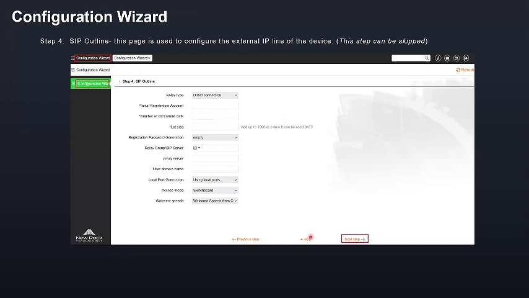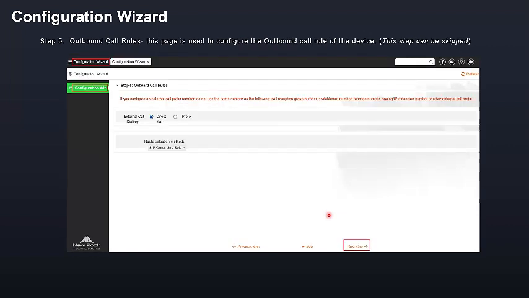Say for example, this one I did not input, so I press skip. If you press next step, you are required to input these three fields here. So you can press skip here, then go to the next configuration step.